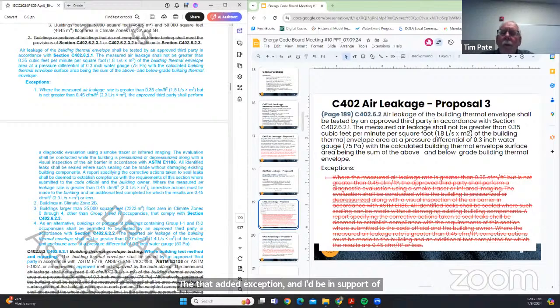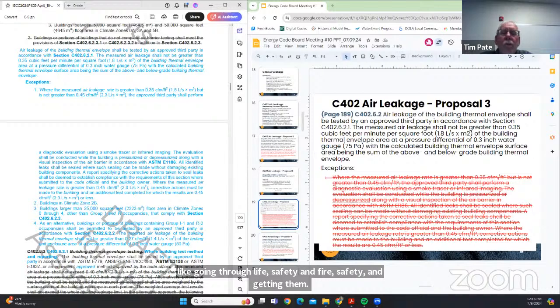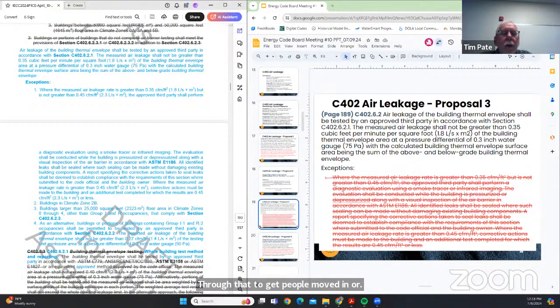From a timing standpoint, in going through the process to get a project completed and a certificate of occupancy issued, I have enough trouble going through life safety and fire safety to get people moved in or businesses open. And I'd be struggling to try to deny a certificate of occupancy based on that compliance portion. So that's, at least from an enforceability standpoint, my 2 cents.